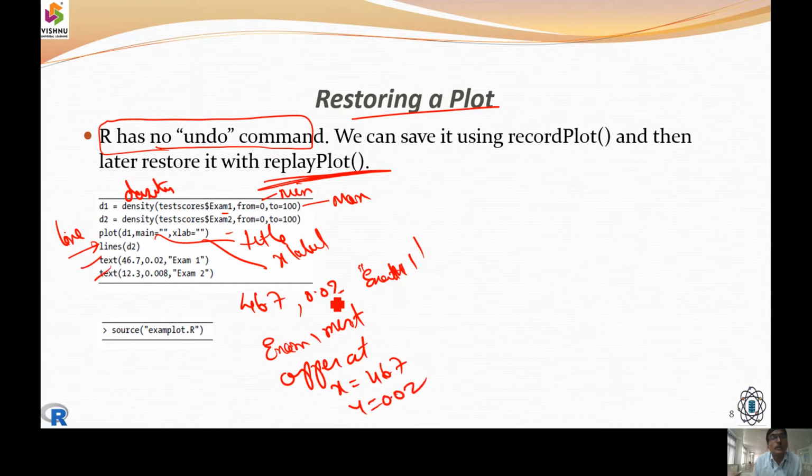In this way, we are going to interpret, and finally, we are going to save the plot. We are going to save the plot, so that we call it some example.r. So that's how we are going to save the plot.